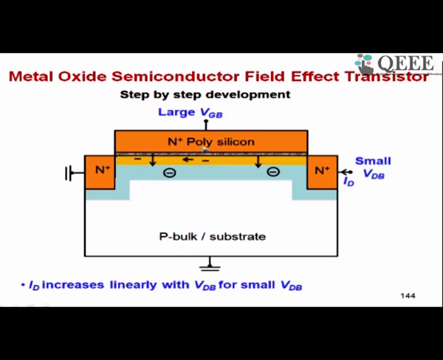And this terminal is now called a gate, because by changing this voltage I can shut off the current flow or I can switch on the current flow. I can create an inversion layer to create a current flow between drain and source by applying a suitably large voltage. If I remove the voltage, this inversion layer will vanish and the current also will vanish between drain and source. That is why this is called a gate.